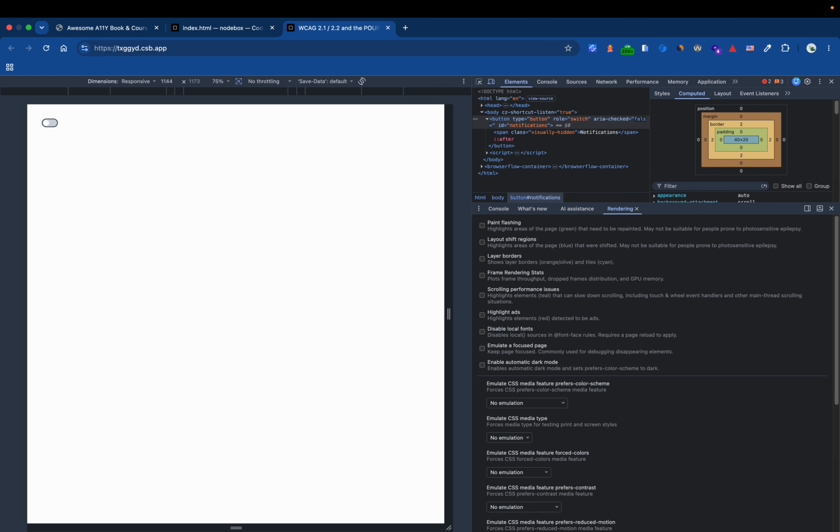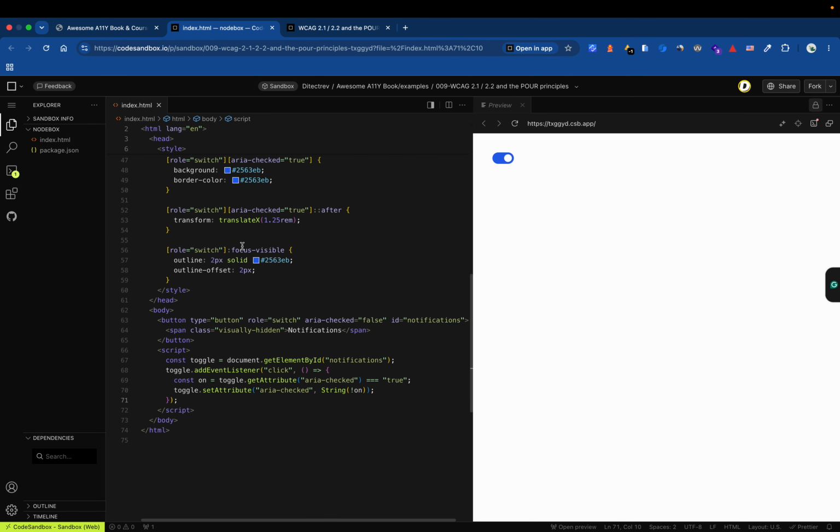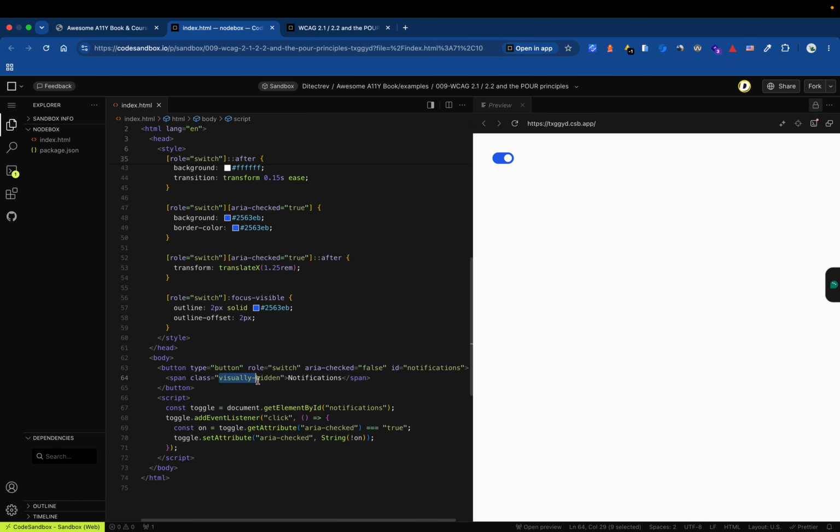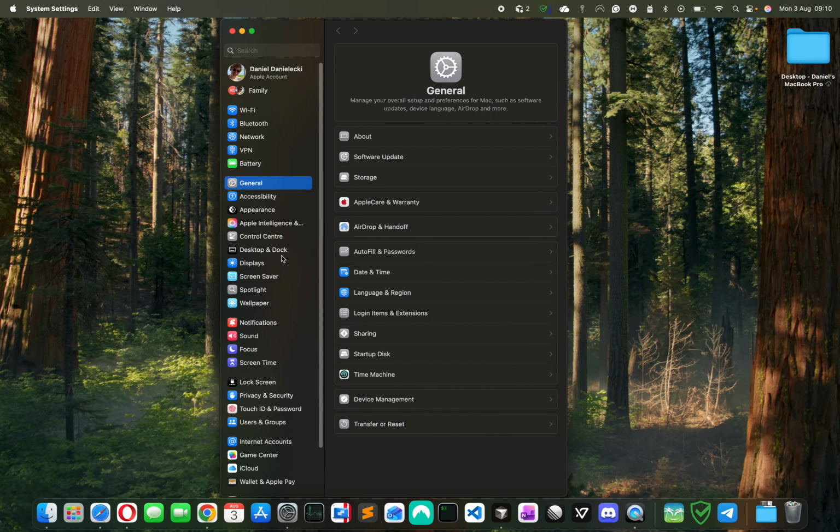Yes? From keyboard now. Space, space, space, space. So this is 2.1.1 operable. Yeah, and I will show you something, so you don't see it now, but there is this information which is using very special class, visually hidden notification. We don't see this text, but it's here. And if I would open my screen reader,